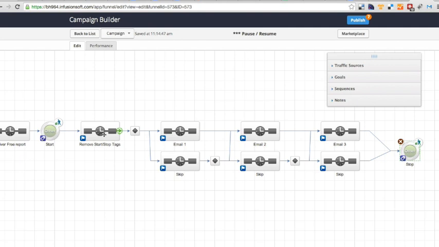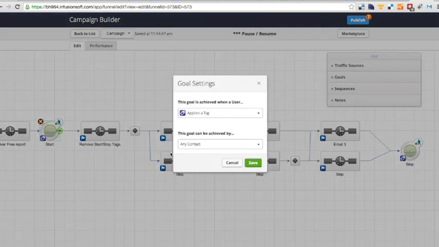We'll remove both tags so that now we kind of reset the whole thing, and we can apply stop again later and start again later as well. And then they're going to skip any sequences that they've already seen and then resume back in where they had left off. Something to note here is that I have configured these goals so that they can be achieved by